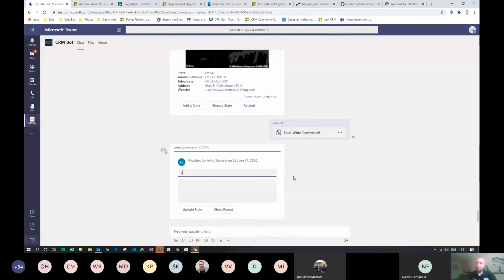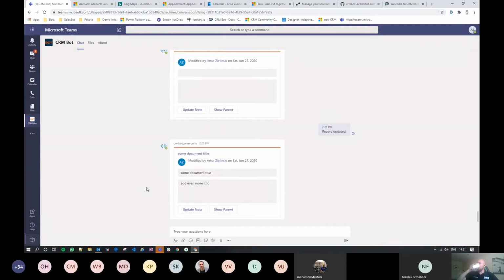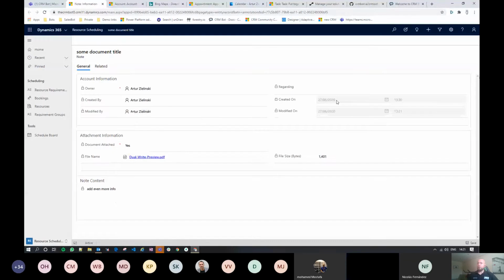You can now give it a name and add some description, and we can update that note. If we go into this file in Dynamics, you will see that this is a note that is created. It's regarding this account, and this is the file in question. It's an actual file.